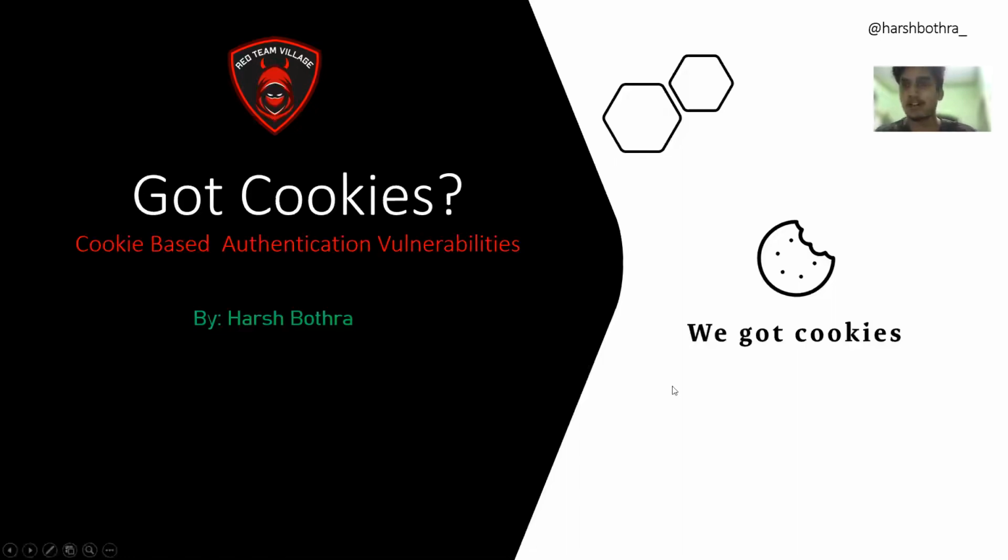So we all got cookies. Whenever we see a web application, an Android application, or any kind of application that is utilizing authentication and session management, there are multiple ways to authenticate a user or to identify a user's valid session. One of the ways is cookies, others can be an authentication token, a client certificate, or anything, right? So today we are going to specifically talk about cookies. I often hack cookies whenever I eat cookies. So this is a kind of ironical thing.